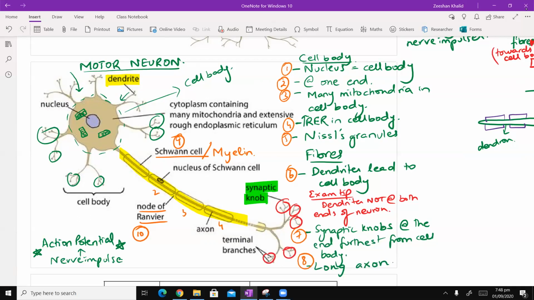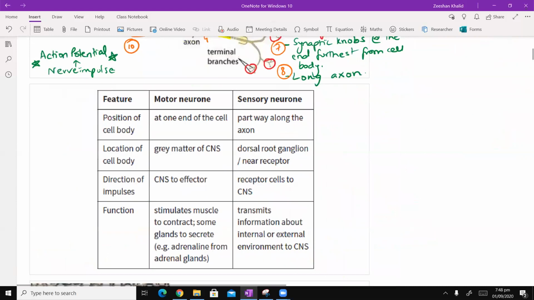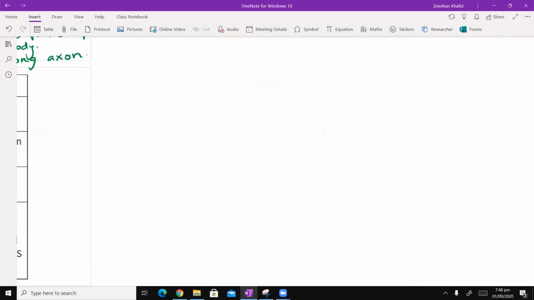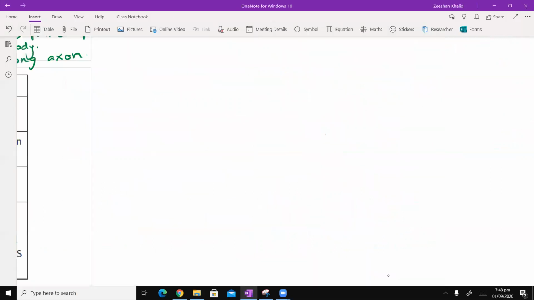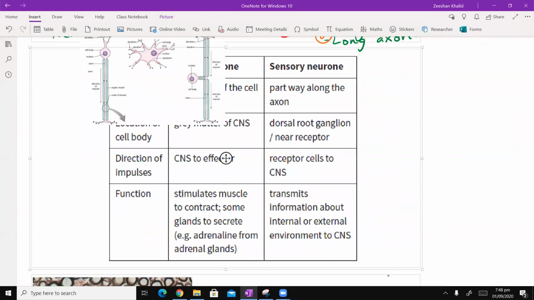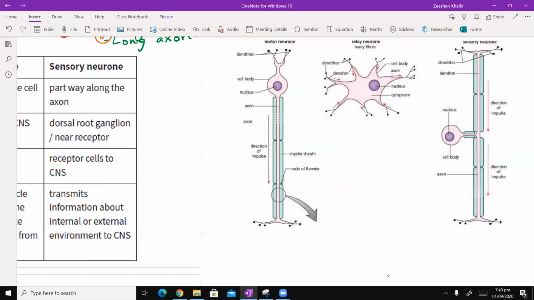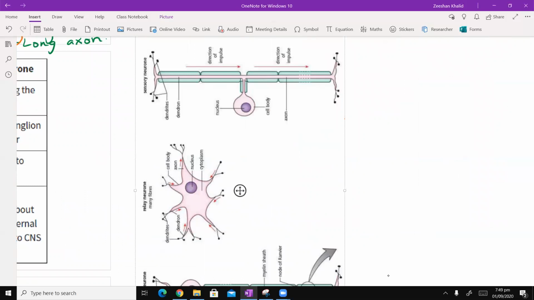If I do the same for sensory neuron, there's a slight difference that we need to understand. So I'm going to slash it here. यहाँ पे मैं आपको देता हूँ picture of a sensory neuron. You can just give me 1 second. I think this picture should do. Okay, now again this picture, left side पे आपको